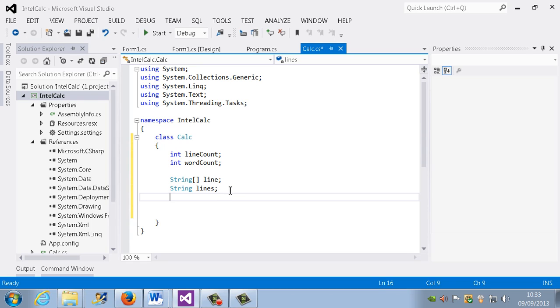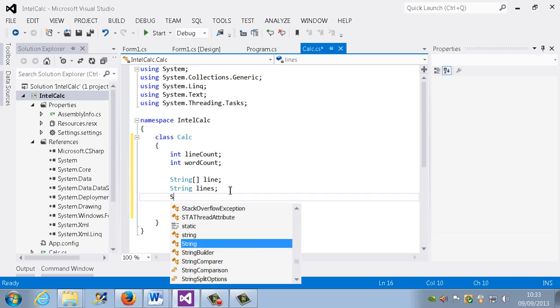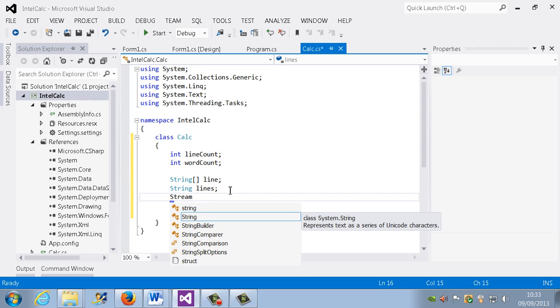Next thing that we need to do is we need to have something called a stream reader. Now what a stream reader is, basically, is a type that reads from files. That's the way I understood it. So it's actually a type. What we need to do is create an instance of that object, because it's actually a class. So to do that, we're going to say stream reader